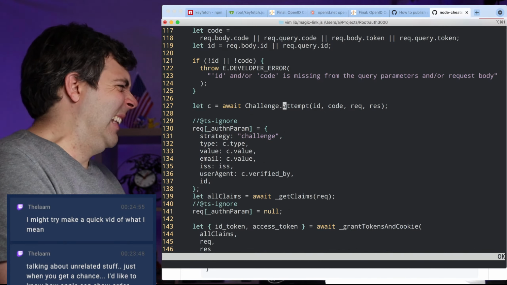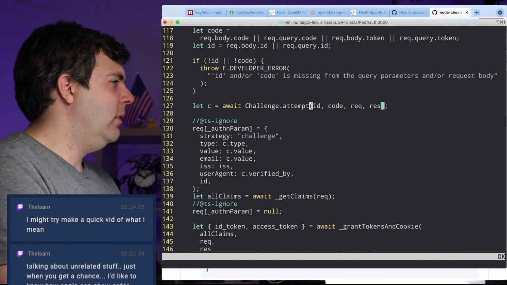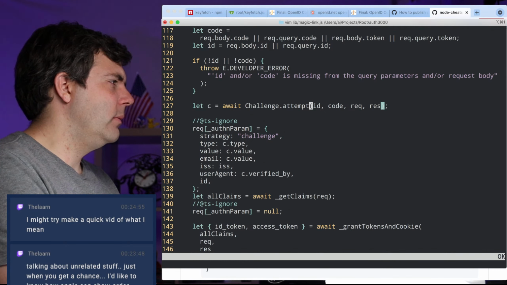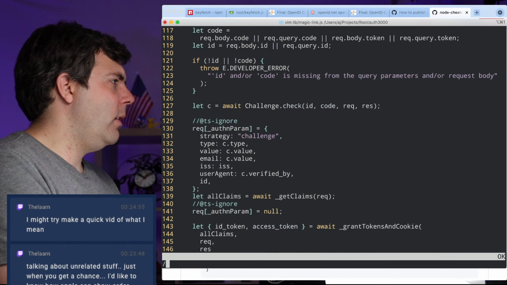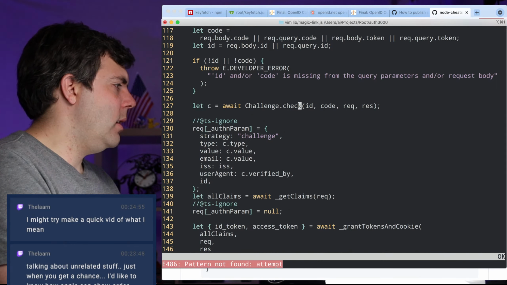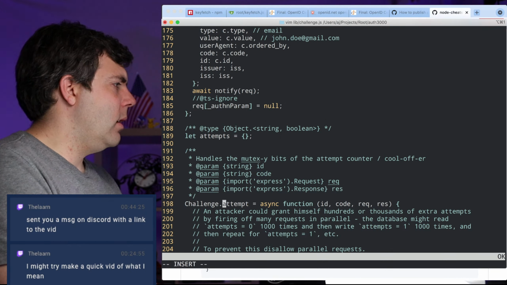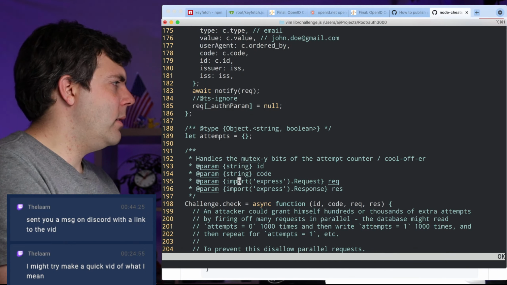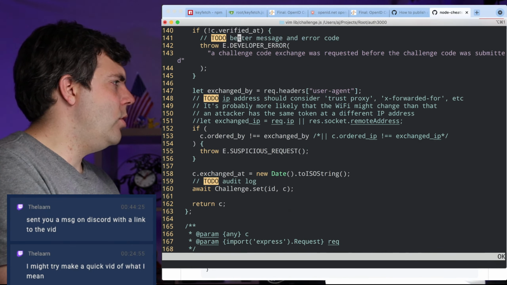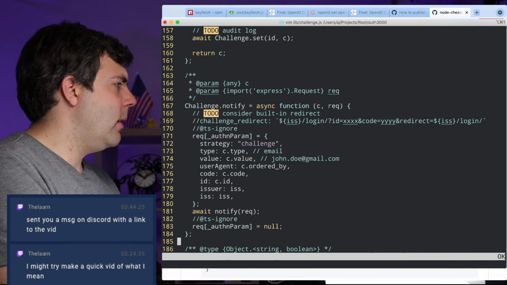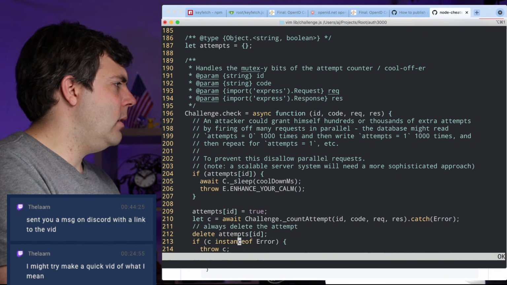Okay, do I say attempt? Maybe check. I don't know if I really like that attempt. I like check better than I like attempt. I think I'm going to change this gen to create, maybe. Exchange makes sense. Really, the check isn't a check. It is a finalize.